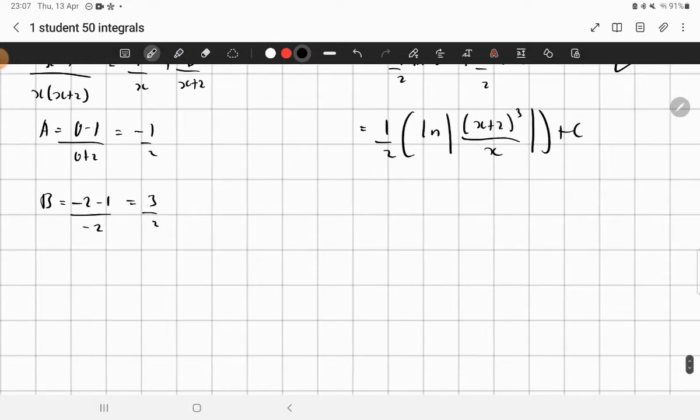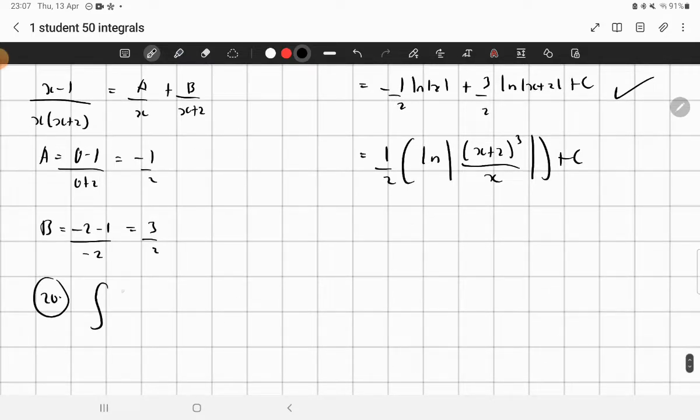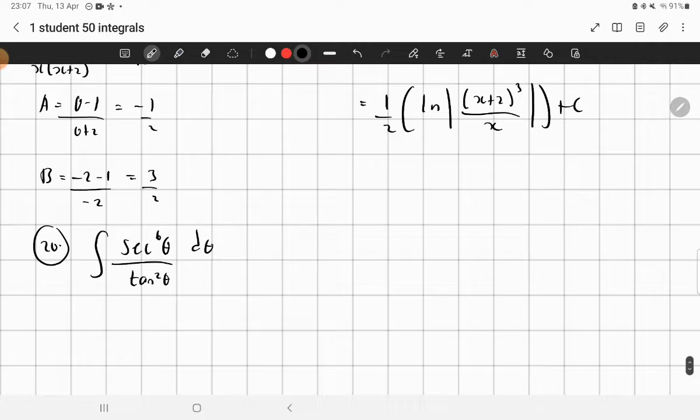Alright, so let's move on. We are now 40% done. Very nice. So we have question 20 here, the integral of secant to the power 6 theta over tangent square theta. We know that the derivative of tangent theta is secant square theta, and I can see that my numerator, secant to the power 6 theta, I could separate. So it will be secant to the power 4 theta times secant to the power 2 theta over tangent square theta,